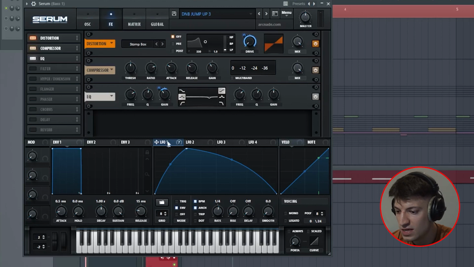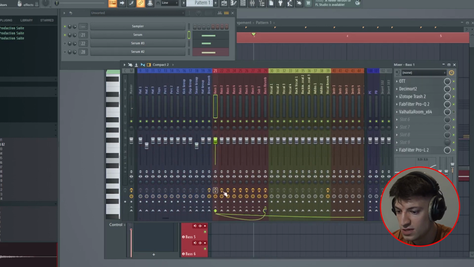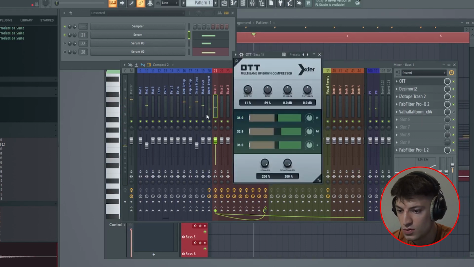And then we've got a little EQ with the gain here, just boosting some of the highs. So you can have a play around with this as well. See if you can bring some of the frequencies through the mix a bit more. And then the post-processing, so without any post-processing, it sounds like this. And then with post-processing, we've got this OTT, which you can see here on 11% and 89%, and then we